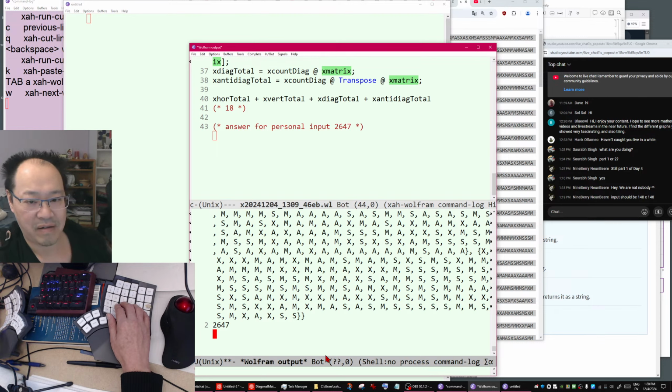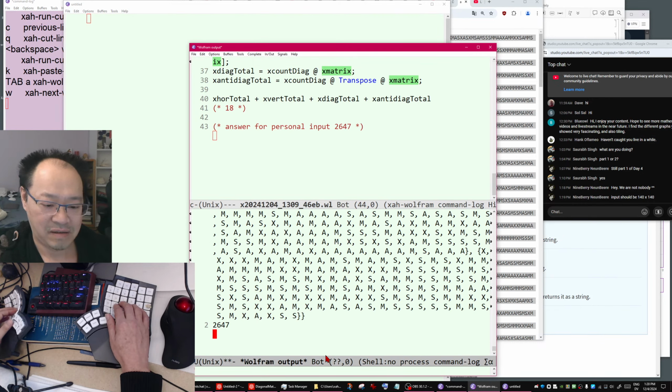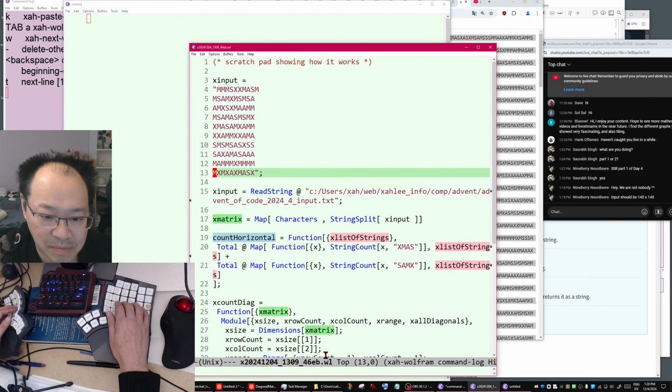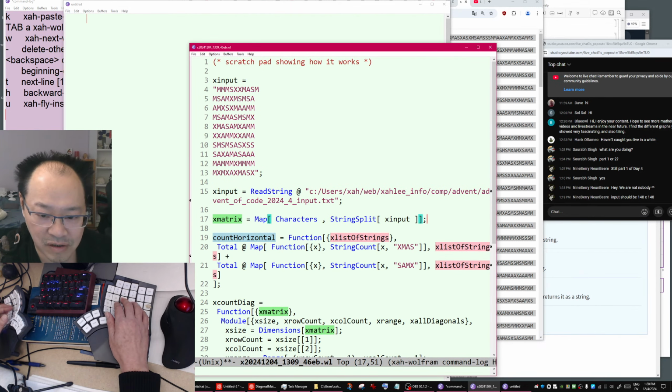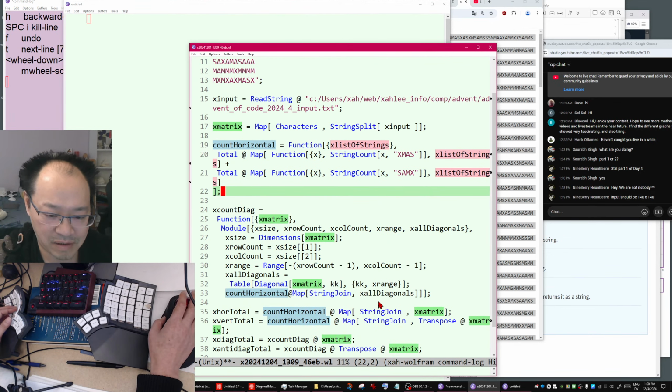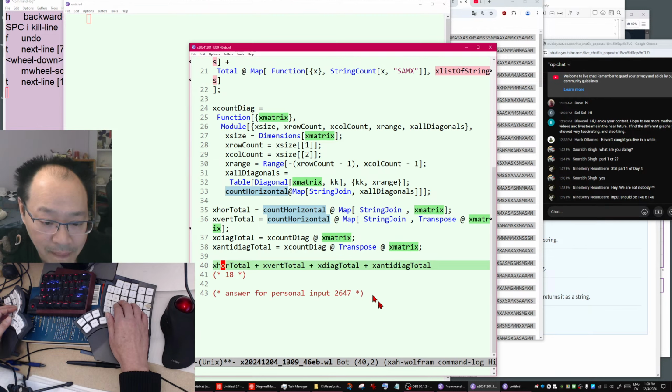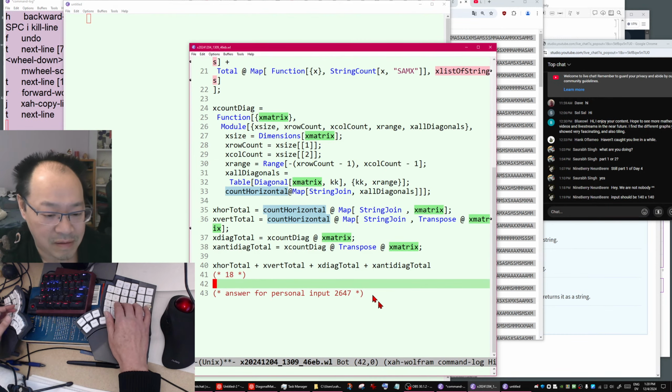Now, what the fuck? Now, is there some like implicit multiplication? Let's just be sure there's no implicit multiplication going on. What the?